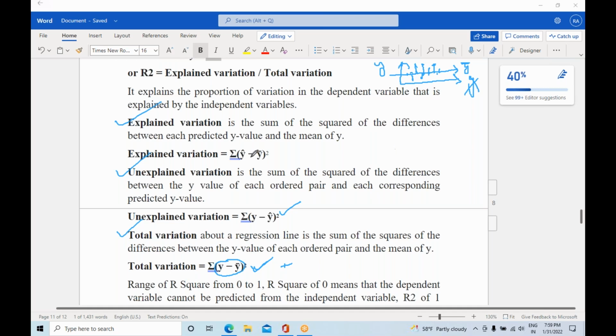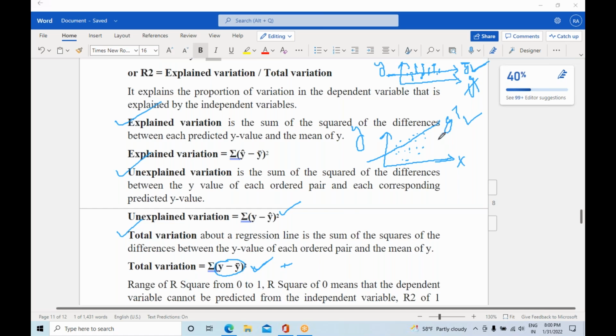And coming to the unexplained variation, you have the same data points. This is my x and this is my corresponding y. So these are my same data points. By the time I calculate the best fit line, the previous line is your mean line, guys. Now you have your predicted line. This is your y hat. This is the mean of y, and this is your y hat.